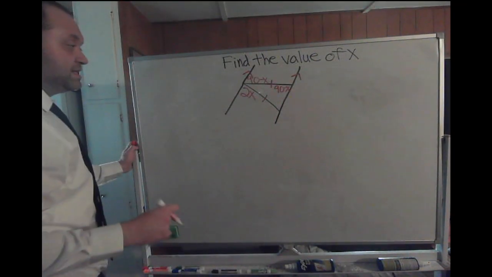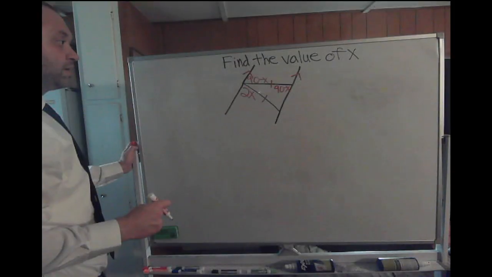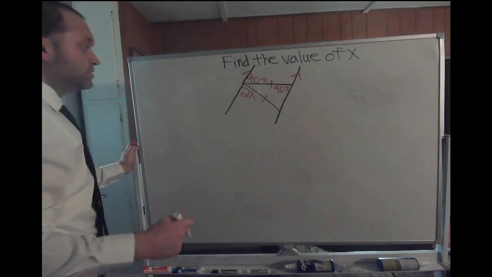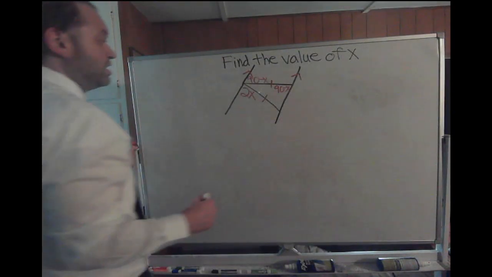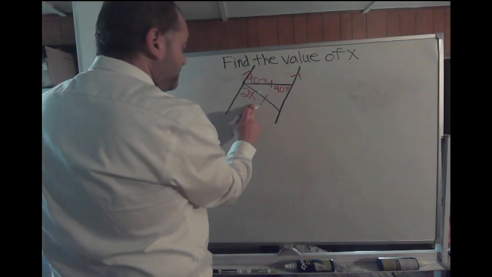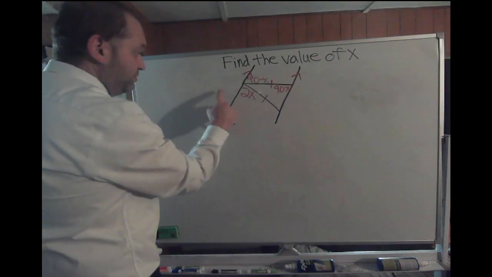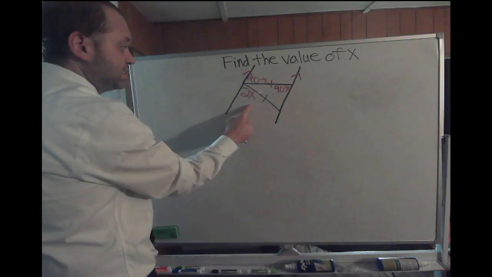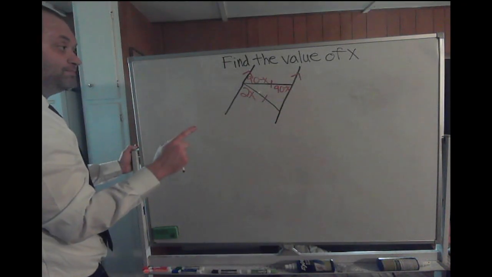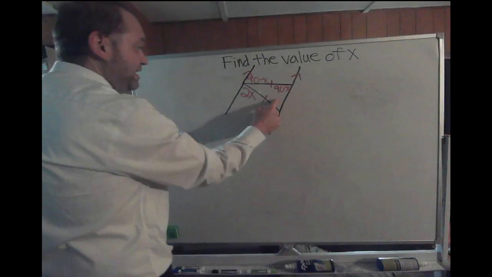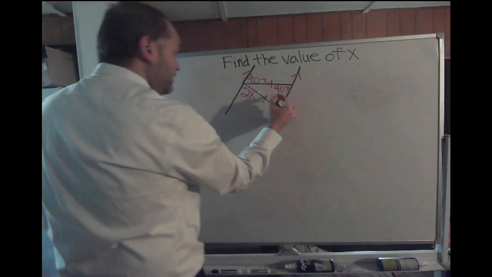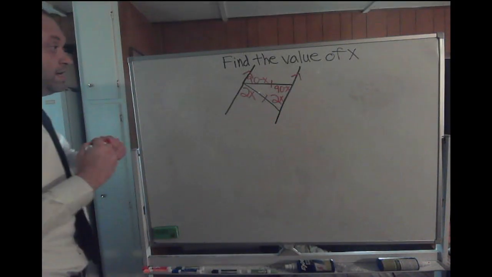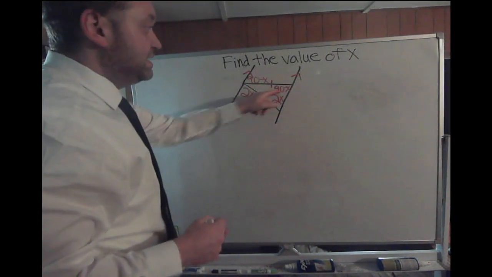So you'd have 90 minus x for that angle, which here, now you have two lines, again, cut by a transversal. This angle right here is 2x. Well, you would have to have this angle be congruent to this one by alternate interior angles. So this angle here would be 2x, and if these two sides are congruent, that means these two angles are